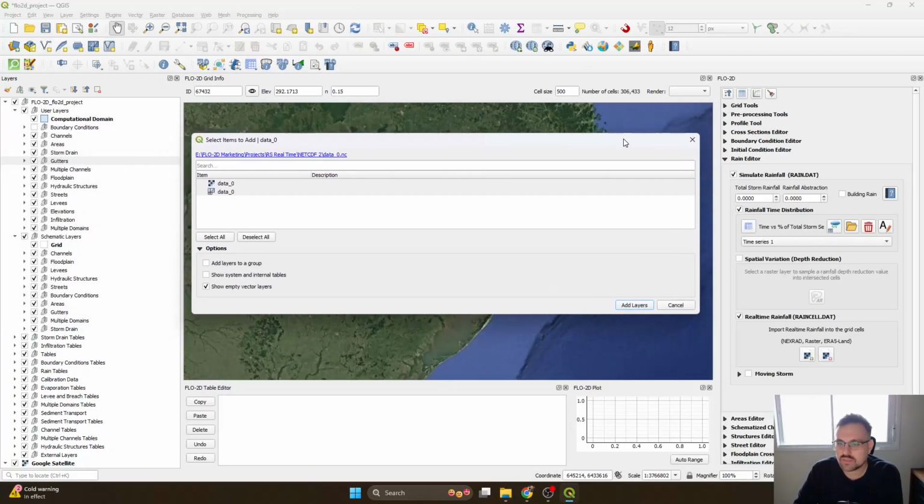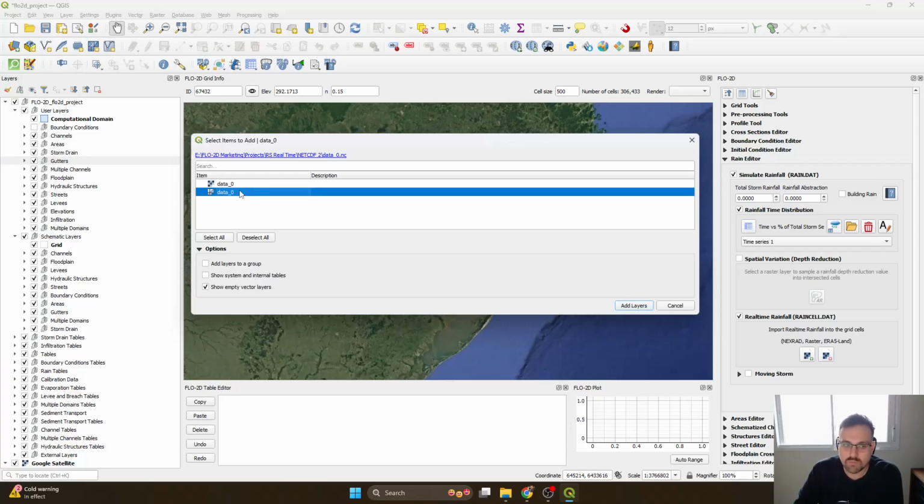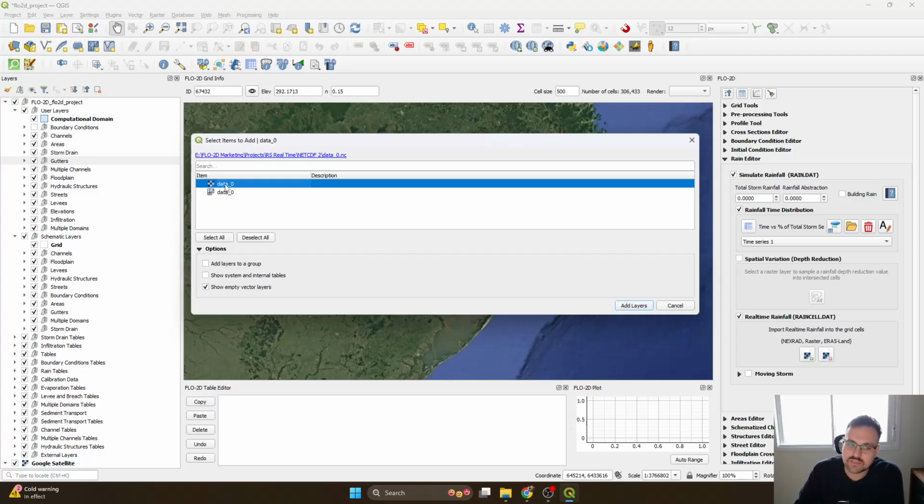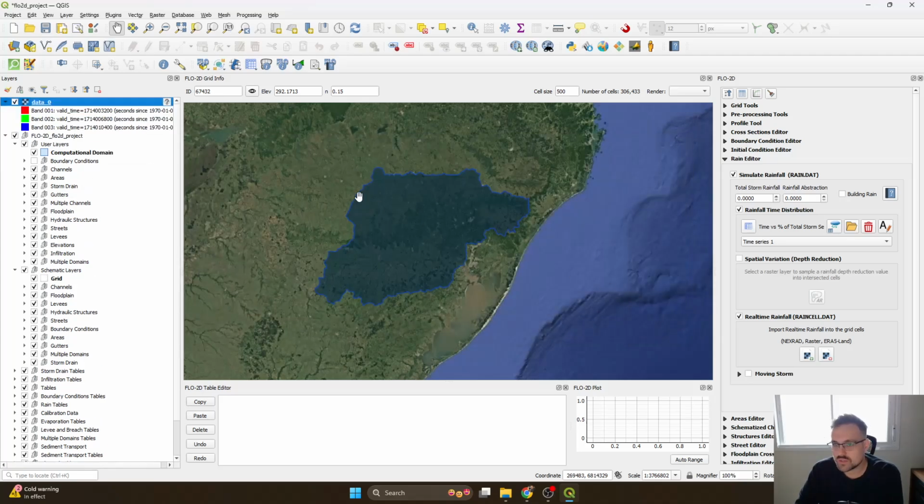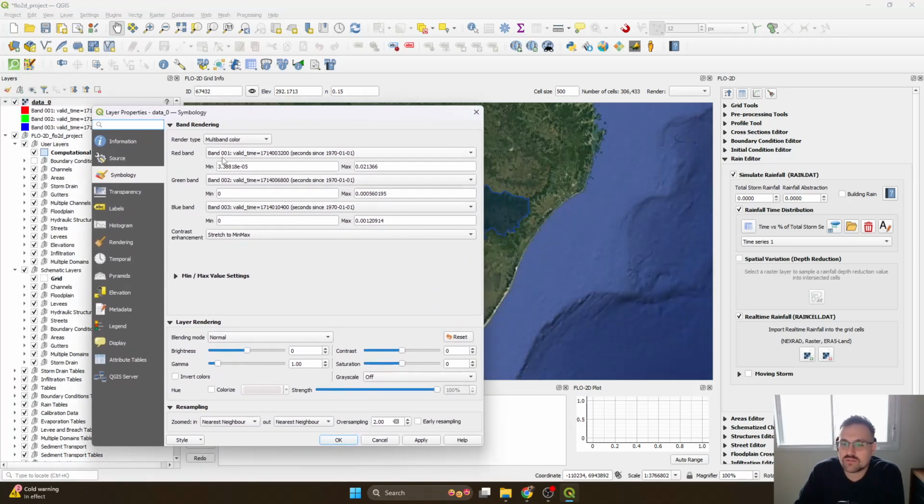You're going to see this message. This is a mesh data set. Both are the same. Both are going to show you the same data, but this one is a mesh and this is a raster. And I think it is better to show it as a raster here because it makes more sense to me. So if you add this, each band is going to be a time. So it starts